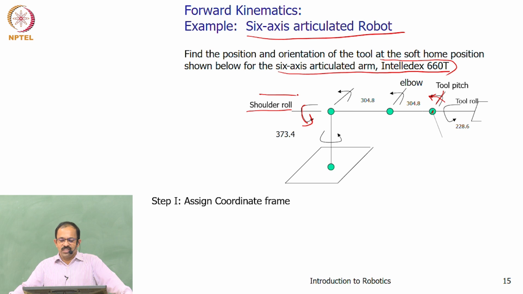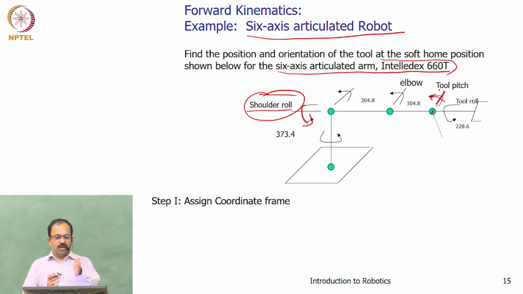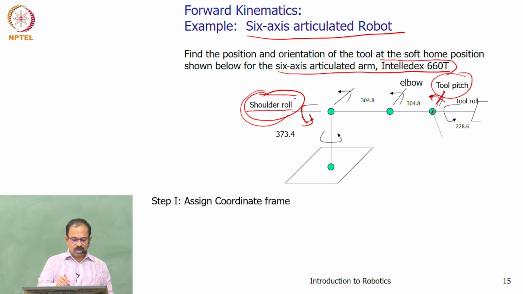So one advantage here is that you can actually use this shoulder roll. The shoulder roll can be used to convert this axis to a yaw axis. So if this is the elbow, you have a pitching. Now this is the pitch axis, but if I want a yaw, I just rotate it like this and then do this. Now I got a yaw axis. So this can actually act as a pitch or yaw axis by using the shoulder roll.